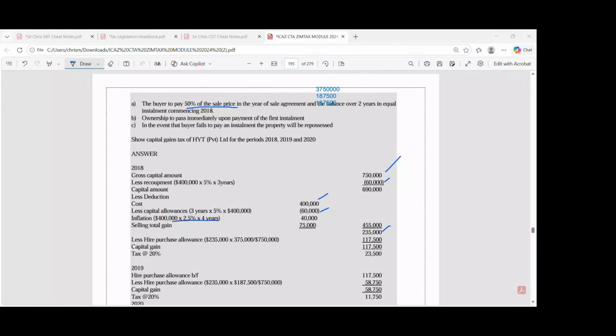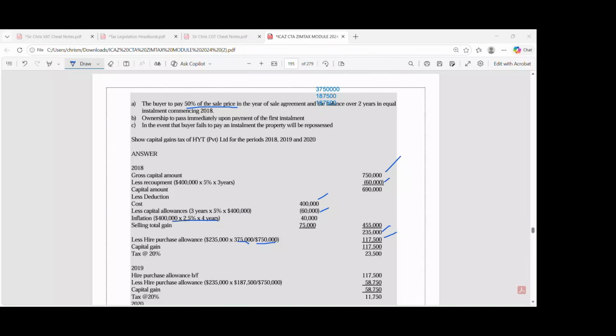Can you only tax me on the 117,500? Is it making sense now? I can't interpret. Is it making sense now? Yeah. So you are now saying, oh, can you only tax me on something equivalent to the 375